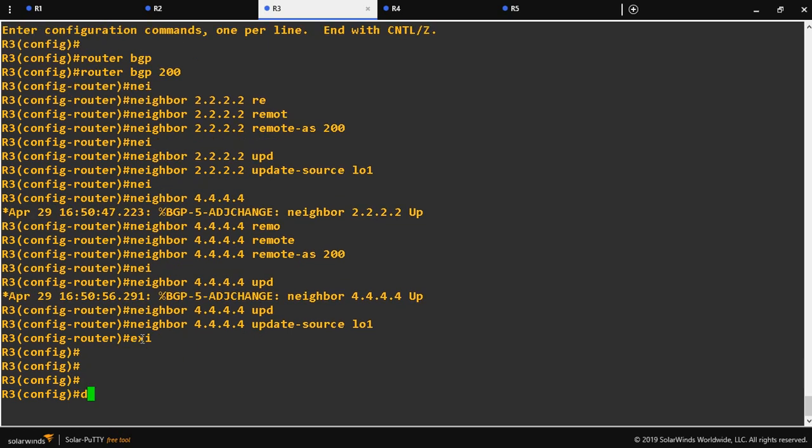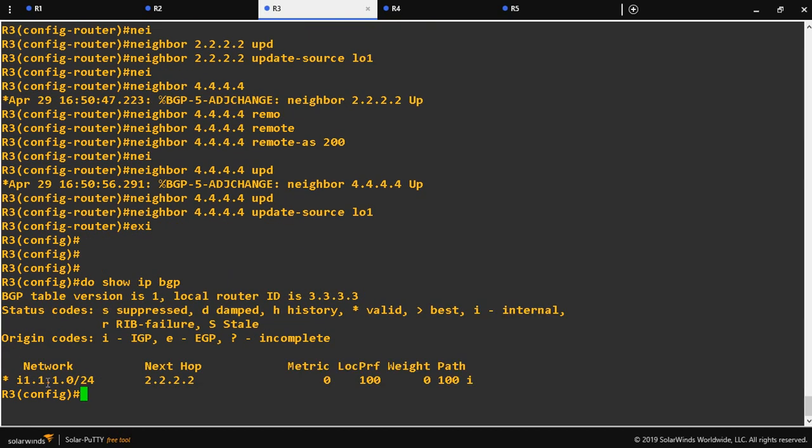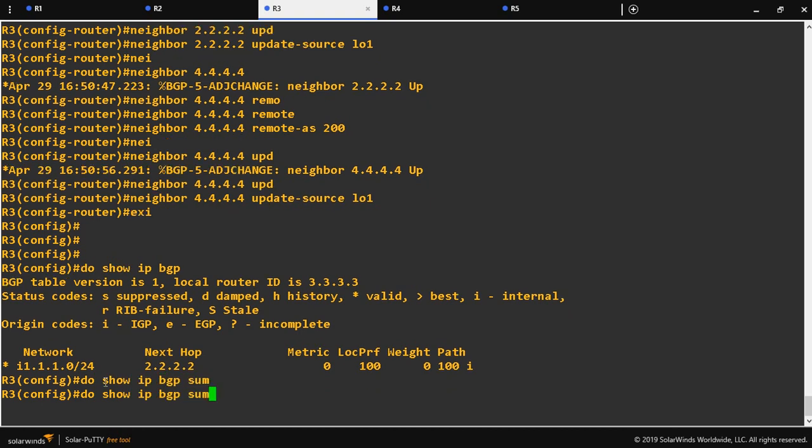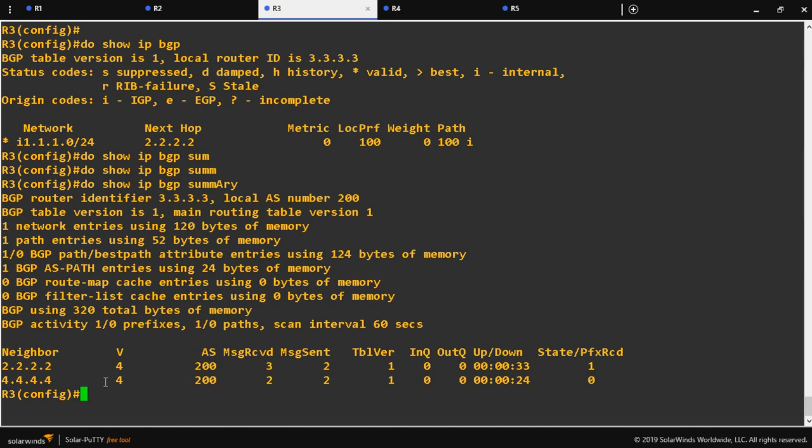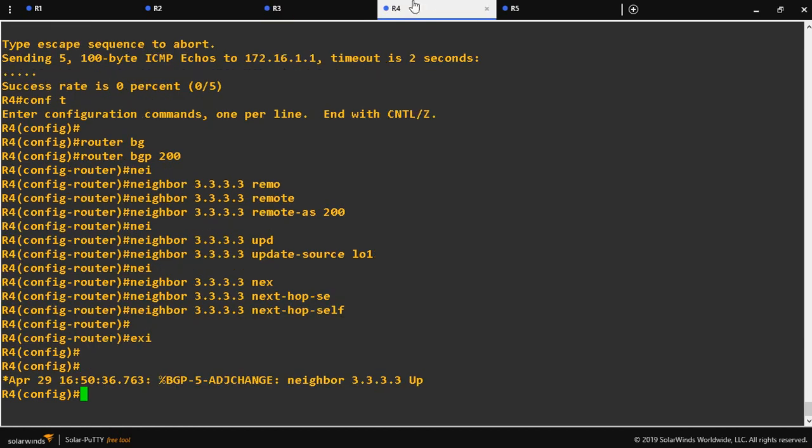Exit. So we can check do show ip bgp. So do show ip bgp summary. Okay, so I learned one network from R2 router. From R4 also, do show ip bgp summary.